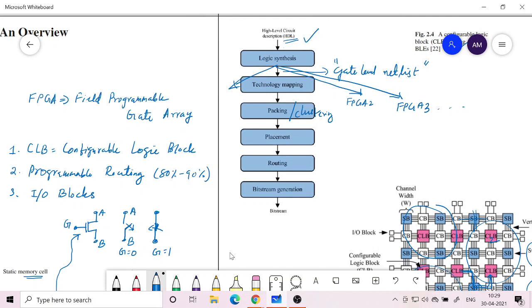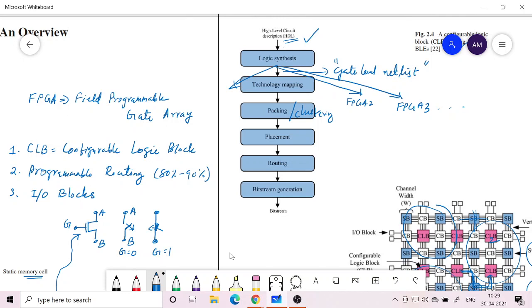So again, when you switch on the system, something like booting, you have to do this downloading every time. So that is the disadvantage of SRAM based technology. It is volatile. But if you don't want to program it a large number of times, you can use flash memory technology for programming, and that way it will remain. You don't need to boot it every time.